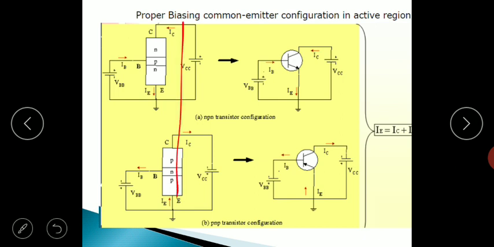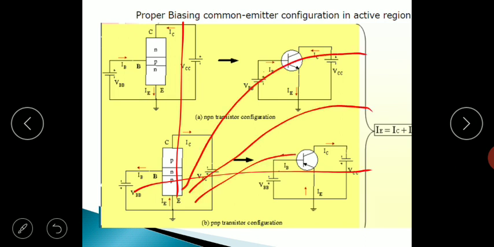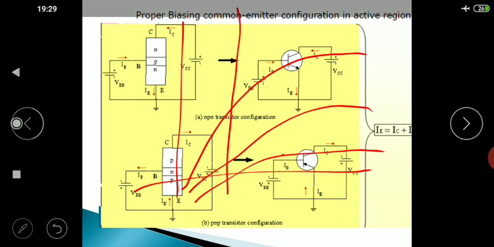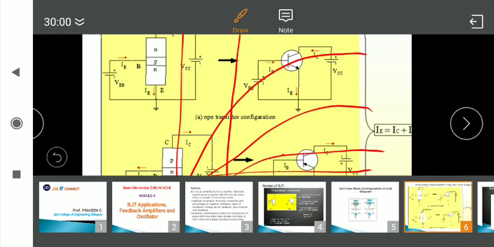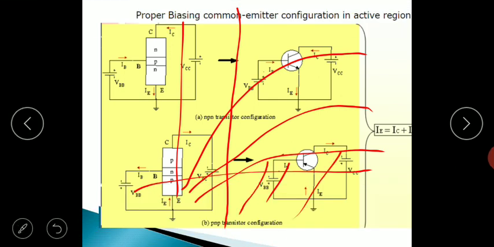Like the output characteristics of the common emitter configuration will be of this nature, right? So it can be divided into three parts. So this portion is called as, there are three regions. This is called as saturation region. Then the portion below the curve I equal to 0, here this portion is called as cutoff region, and this portion is called as active region.